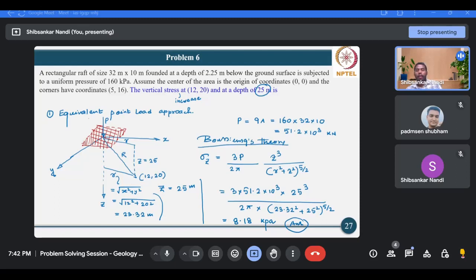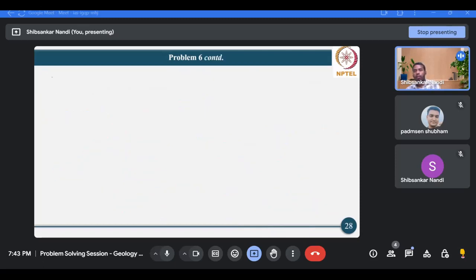Now, there is another approach where you can take the rectangularly loaded area and you can calculate the stresses at any one of its corners. Okay. So, for example, at this corner, at this corner, or at this corner. So, there is a formula by which you can calculate the stresses beneath a corner of a rectangularly loaded area. So, we'll see. So, in the second approach,